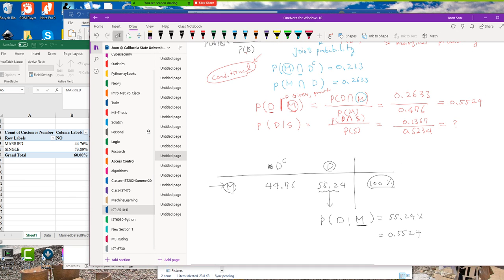So let's take a look and compare to the previous. So we have this DM and then 0.5524. It matches. So any question? Okay, and then this one, we have not really calculated, but if you calculate it, you will probably get